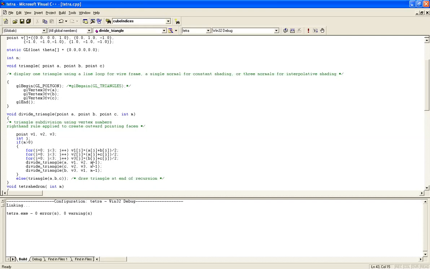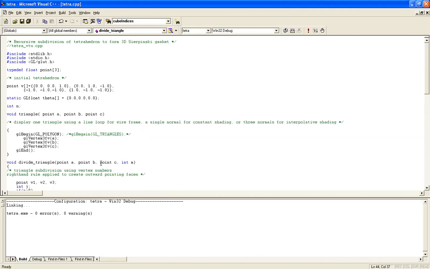Now what happens? 2 minus 1. Again I'm going to do division 1. Again 1 is greater than 0. The condition becomes true, which means I will divide the triangle again and again. When I say 3, again I'm going to divide any given triangle 3 times. When I say 4, again 1 time and the rest 3 times, 4 times. This is how we keep on dividing the given triangle into a number of small tetrahedrons.